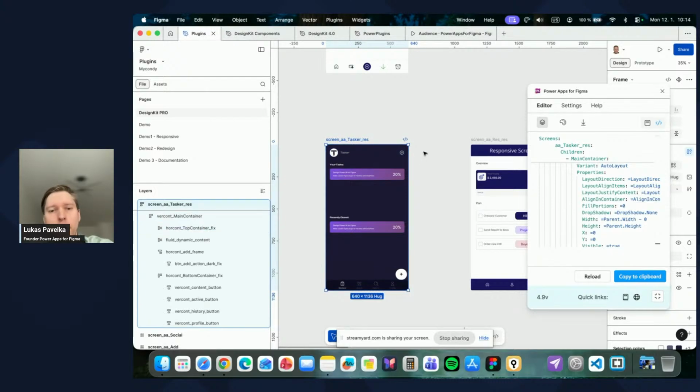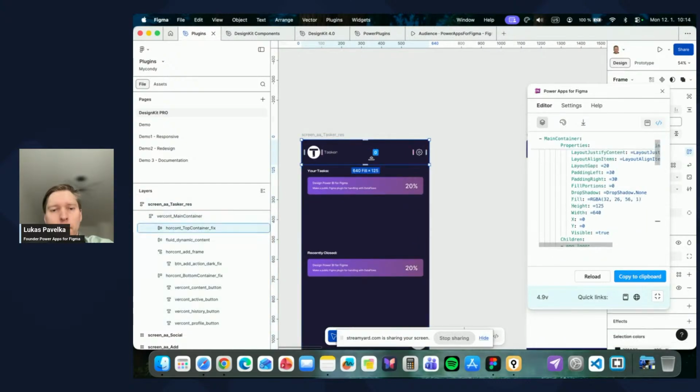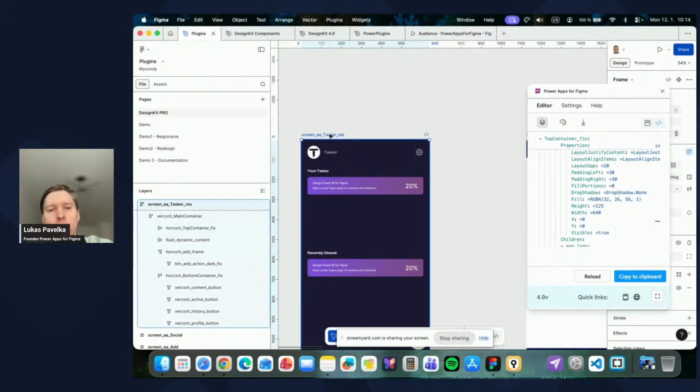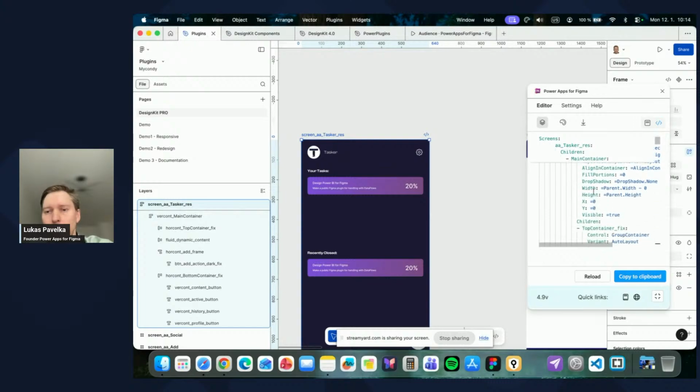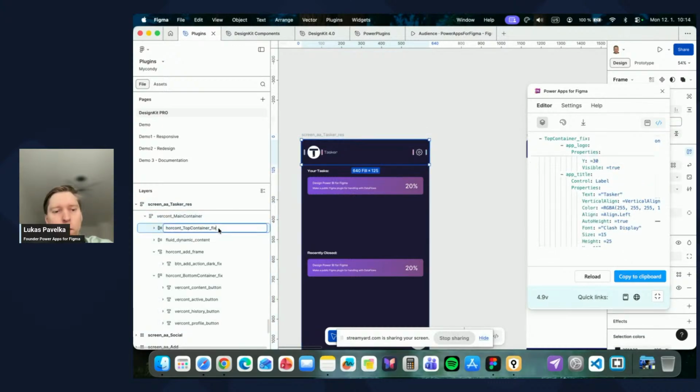The fix is great when you want to have a fixed height for the top or for the menu in the bottom. So if you use underscore fix in this frame or container, then when I select it and see what it means in the YAML, this is the fix, and I see not dynamic values for the height and width. So if I just change it and remove the fix and select again,